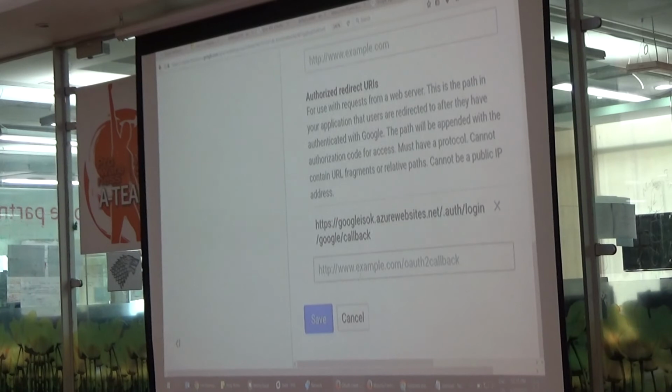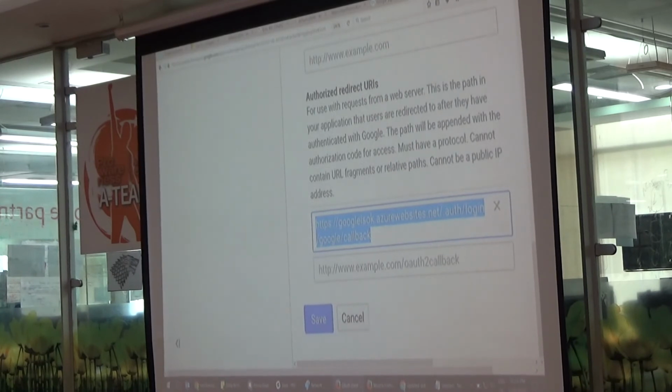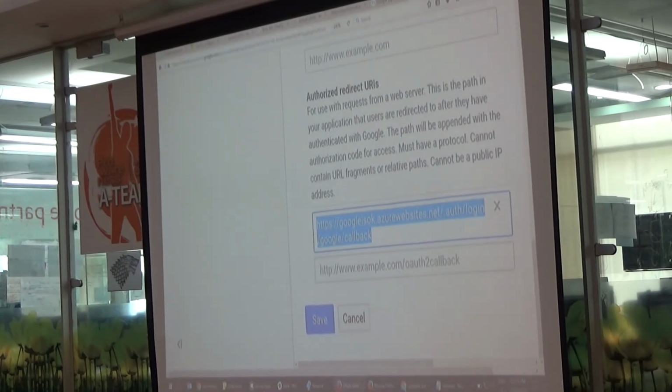When it is redirecting to this URL, it is sending me an authentication key, which is valid for 1 hour. So when this redirect happens, you store this authentication key somewhere in your session and use that for subsequent calls.